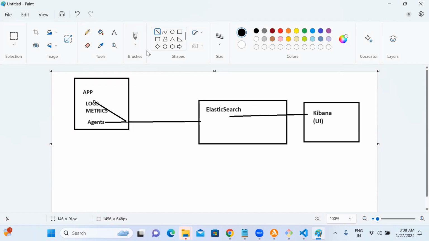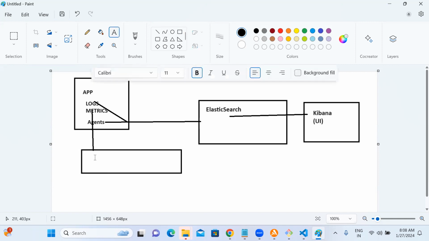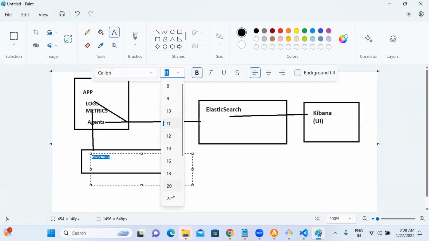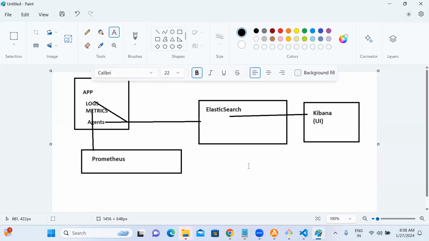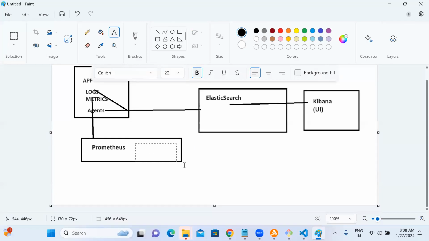This is for logging. There is one more guy, metrics. We will have one more agent here, this metric agent. This metric agent will send the data to Prometheus. Prometheus is also one kind of database.